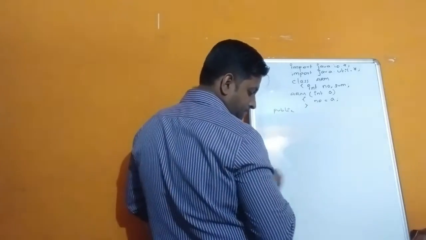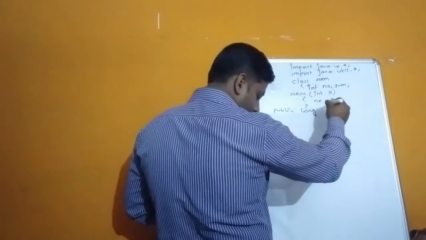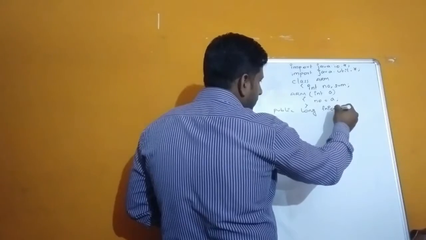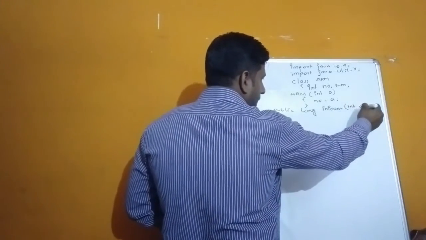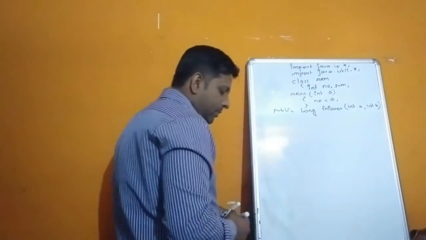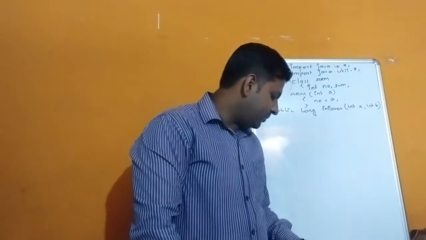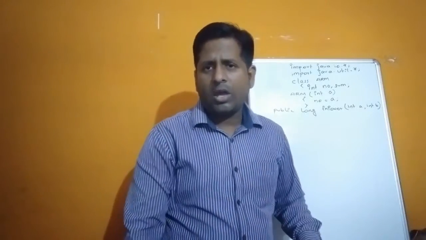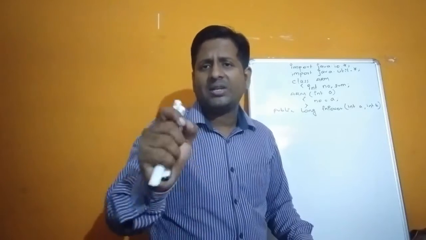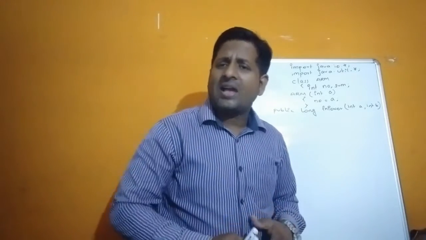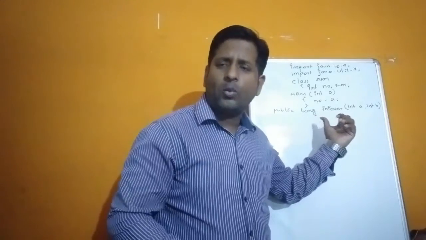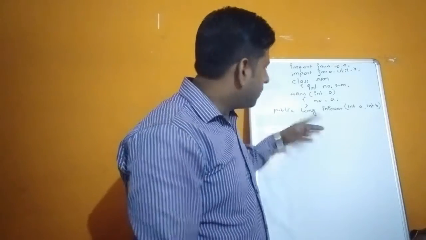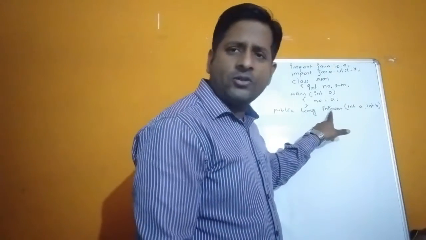Then public long function power int a comma int b. Now here it is a recursive function to calculate the power of a and b, like a to the power b. Okay, we have to use a recursive technique over here, recursion technique. So every recursion has a return type. That's why we are not allowed to use void. We have to take another data type. Okay, so here it is a long. So after calculating the power, we need to return back to this function power.